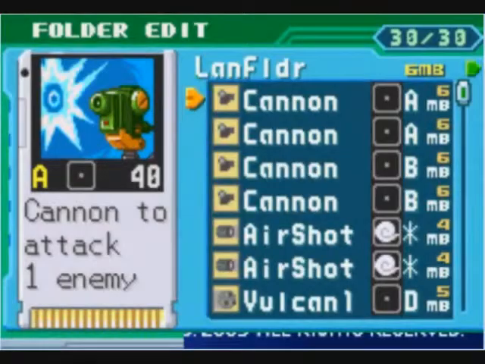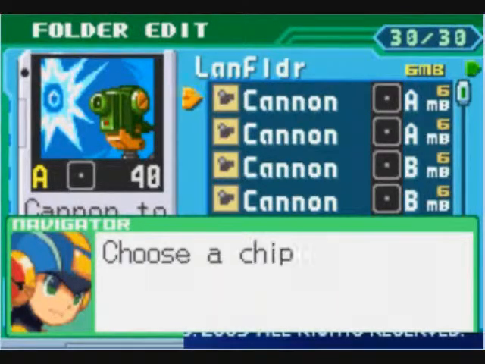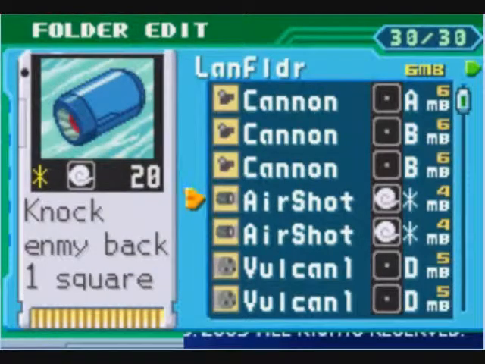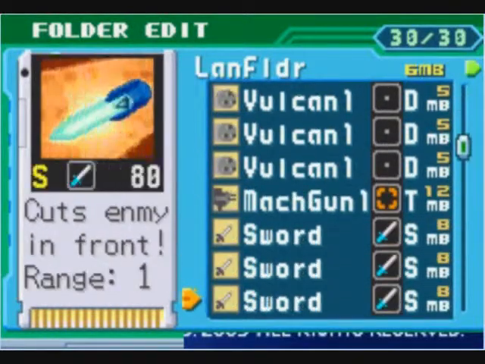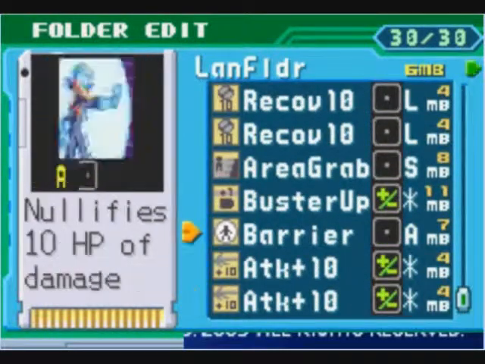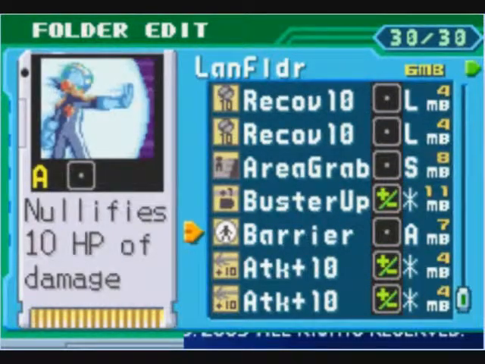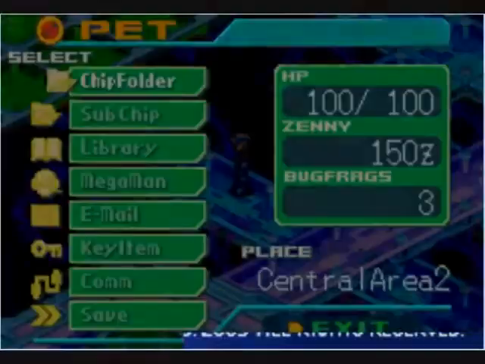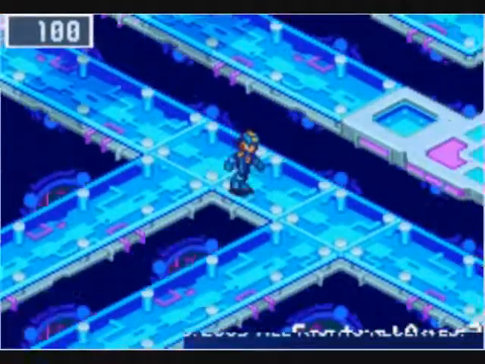The 6 megabytes that, once again if my mouse works, shows at the top of the folder, means if I hit select, or choose regular chip, then I can select like this air shot, or this cannon, anything with about 6 megabytes of memory or less. Like, I can't select this because it's 7, but I can select this attack plus 10, and then next time we get into a battle,